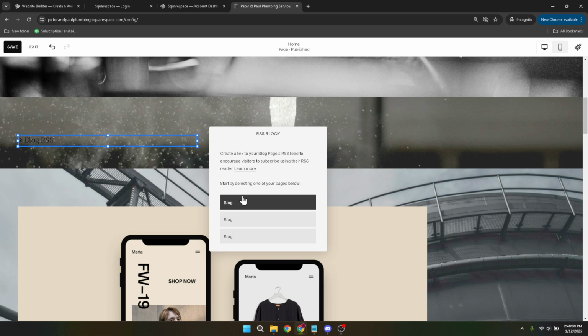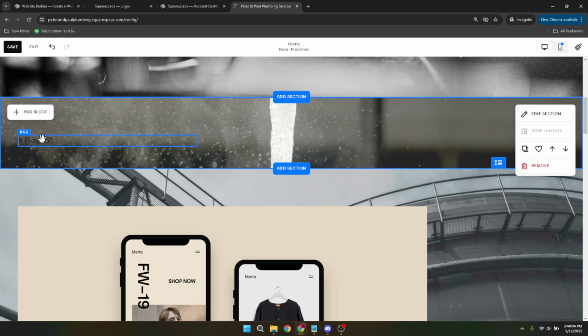And there you have it. By following these steps, you've successfully added an RSS feed to your Squarespace site, making sure your audience stays updated with your latest content